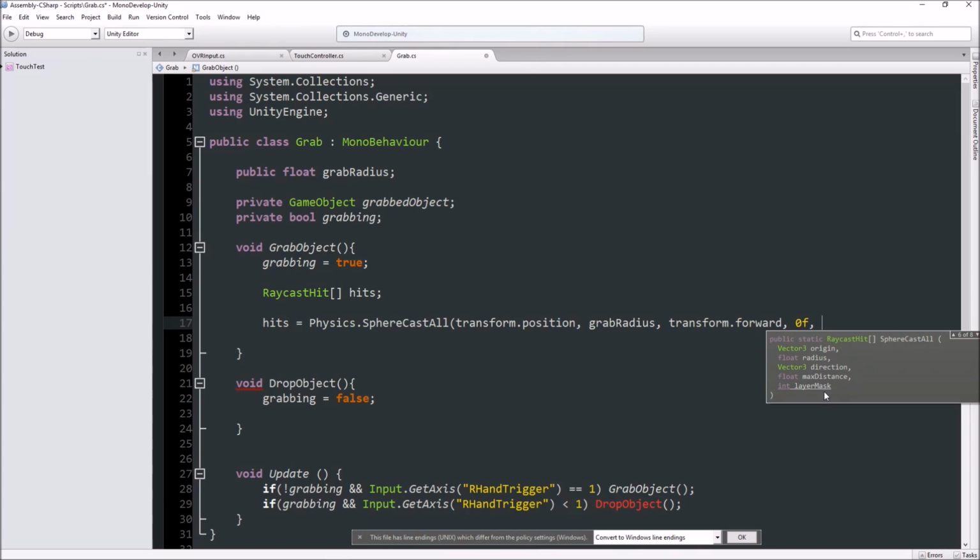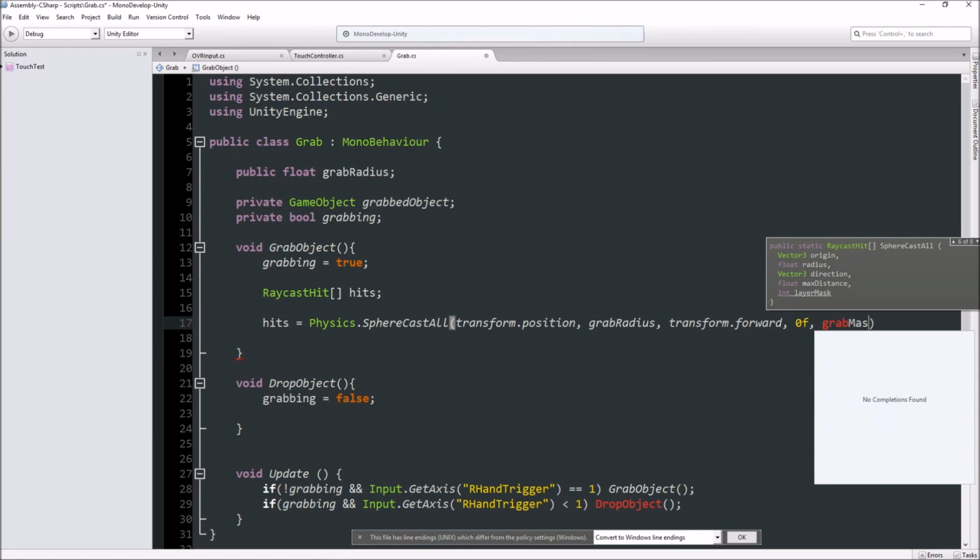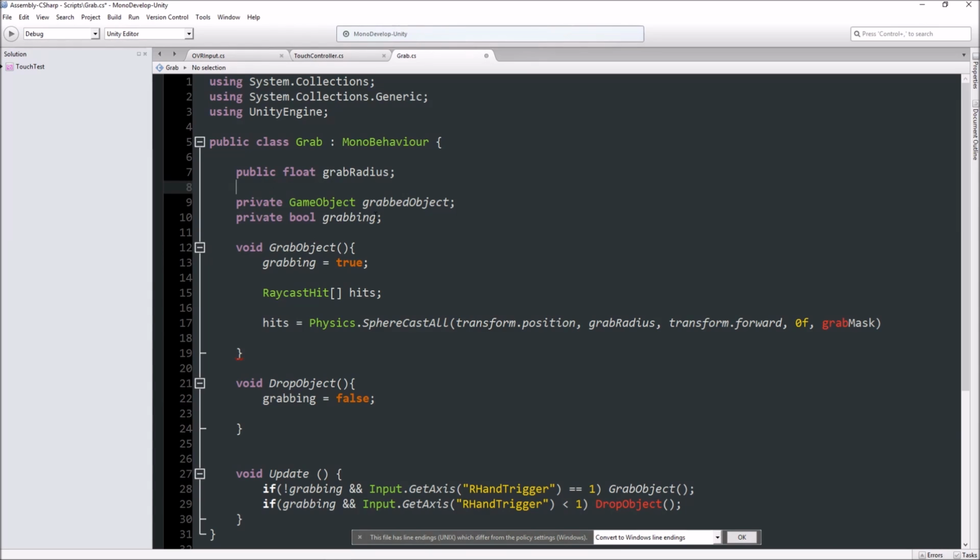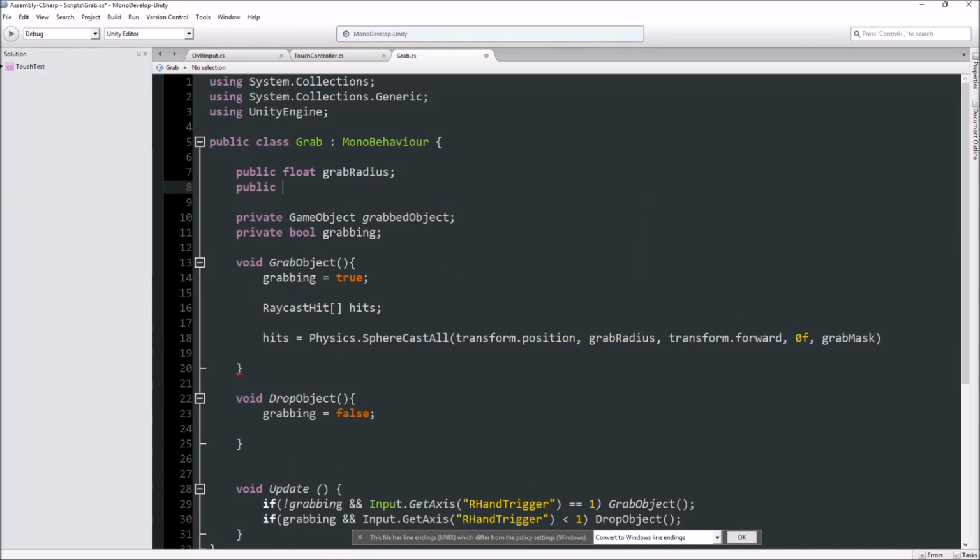And then the last one is a layer mask. If we decide to put a layer mask in here, we don't need to, we could just end it there. But if we do put a layer mask, then the sphere cast will only register colliders that are on a specific layer, and we do want that to happen. So we're going to make a new layer mask, and we'll call that grabMask. Let's put that up here: public LayerMask grabMask. And then we'll choose that later on. Okay,